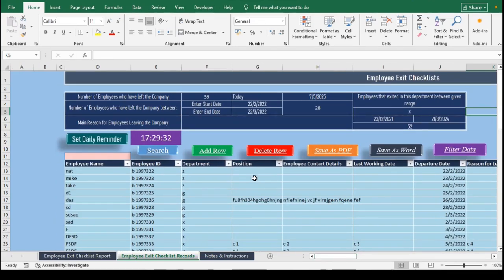Above the main data table, there is a summary section displaying key performance indicators linked to the entries from the main table. We can calculate the number of employees who have remained with the company by specifying a date range in cells G4 and G5, then view the calculated results directly in cell H4. We can also filter and view employees who have exited from a specific department within a selected date range using